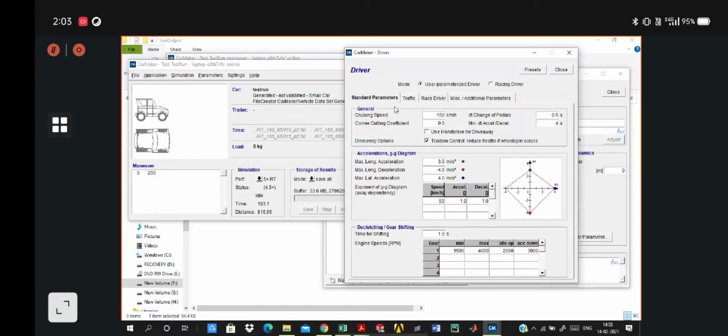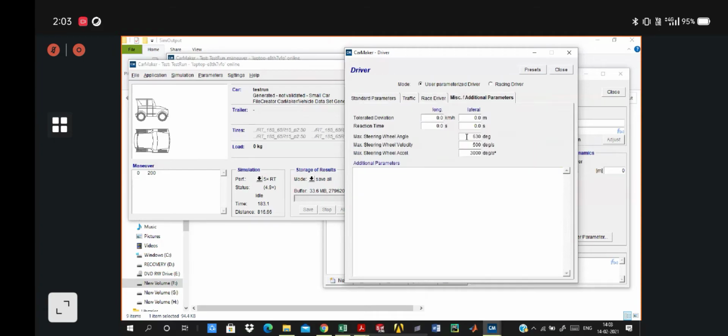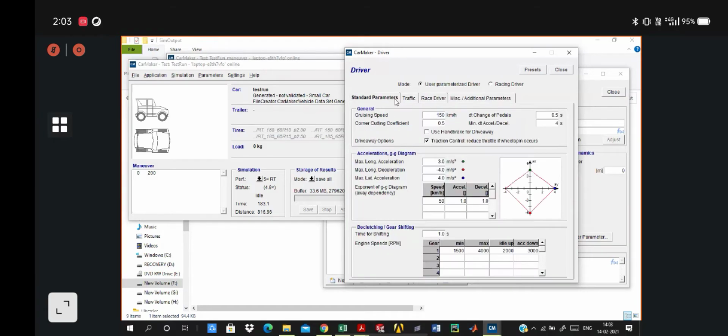It is not recommended to directly jump to the miscellaneous or additional parameters to optimize your vehicle performance. First, understand the basic parameters which are affecting your vehicle motion and performance. Then you can iterate the additional parameters in the IPG driver.